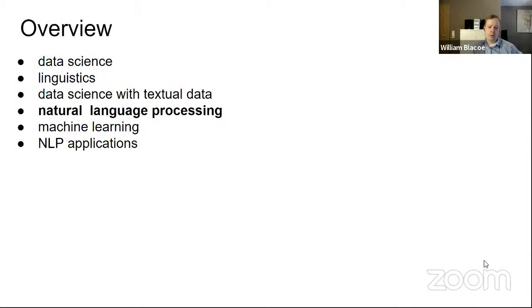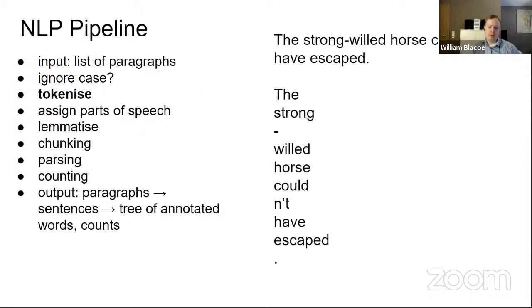So what can we do with that once we have this clean collection of text? Usually we need millions of web pages containing billions of words. Now we need to clean up the content of each sentence. So if this is a sentence that we got from this collection of text, also called a corpus, "The strong-willed horse couldn't have escaped," then it's really simple for us to tell what the words are and where they begin and end. But for a computer, it's not so simple.